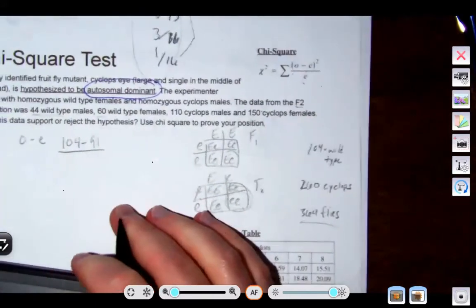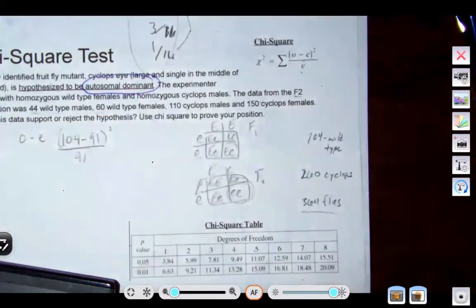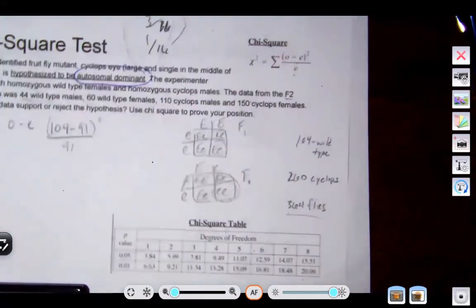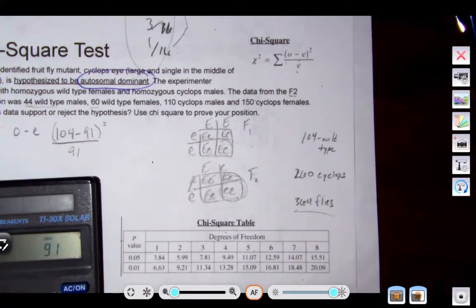And then we're going to take this number and we're going to square it. We're going to divide it by 91. Okay. So 104 minus 91 squared divided by 91 is going to be